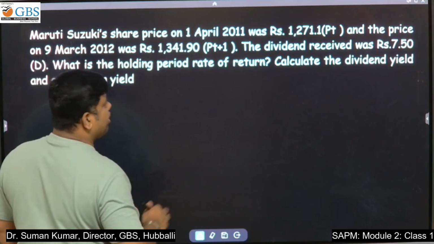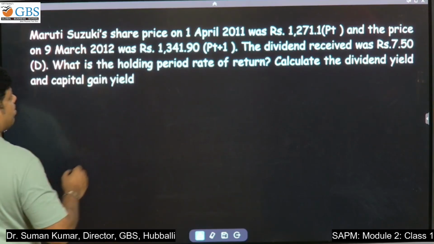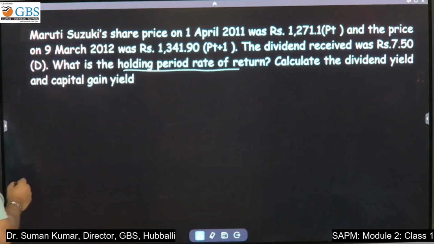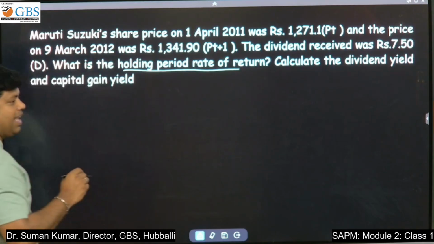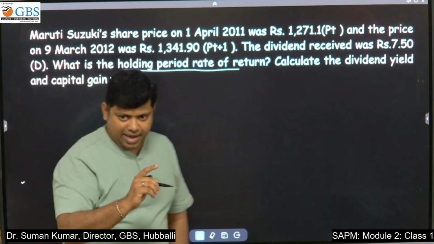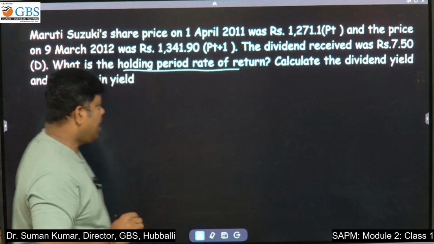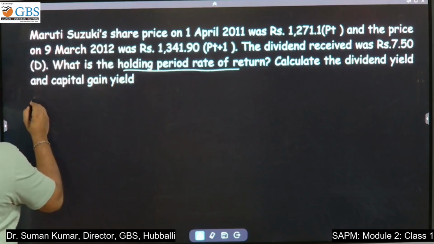The dividend received was rupees 7.50. First, let me find the holding period rate of return. How to find it? By using the previous formula: capital gain plus dividend, divided by purchase price, into 100. That is called the holding period rate of return. So, solution: